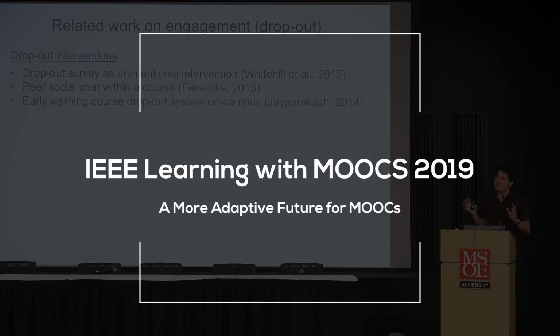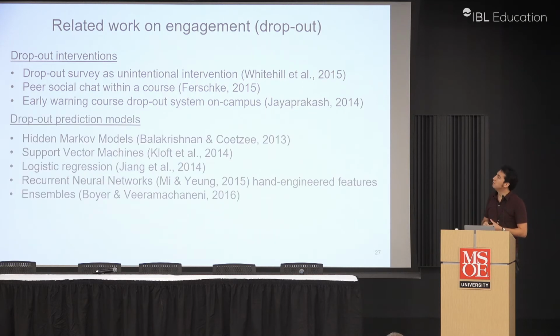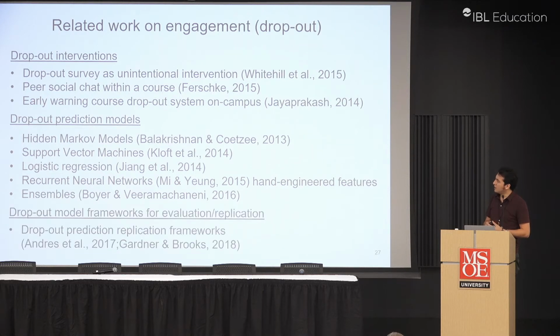So what are you going to base that communication on that makes the communication personalized? We decided to base it on several things. One is dropout predictions, which have been overly studied by now in terms of a modeling objective. So much so that there's even multiple papers now on frameworks for evaluating multiple dropout predictors. So they're at the meta level now in research.